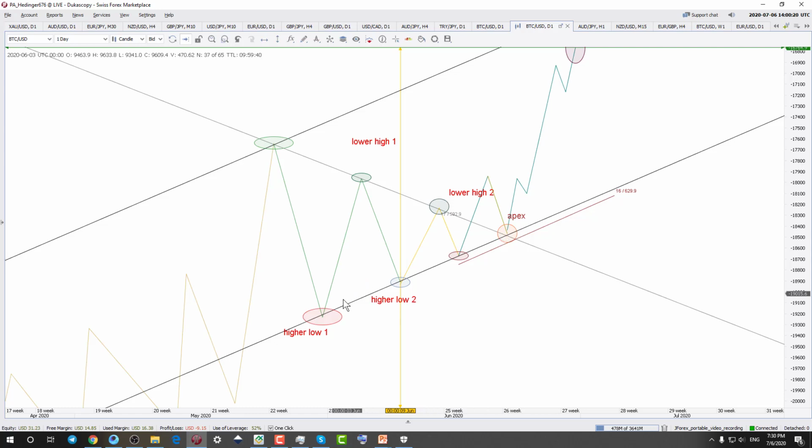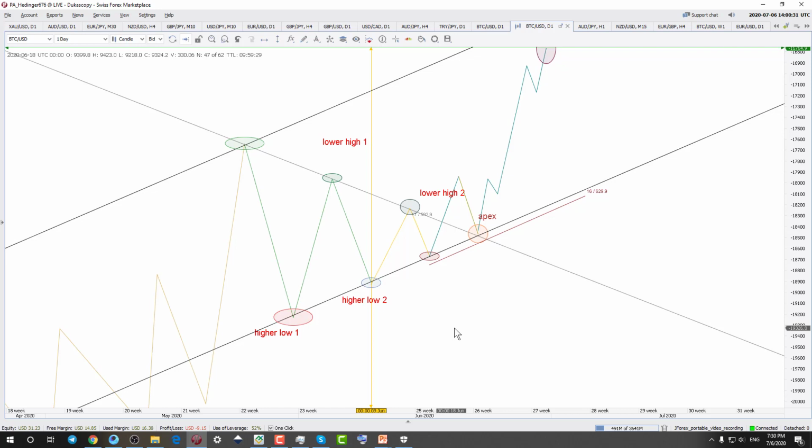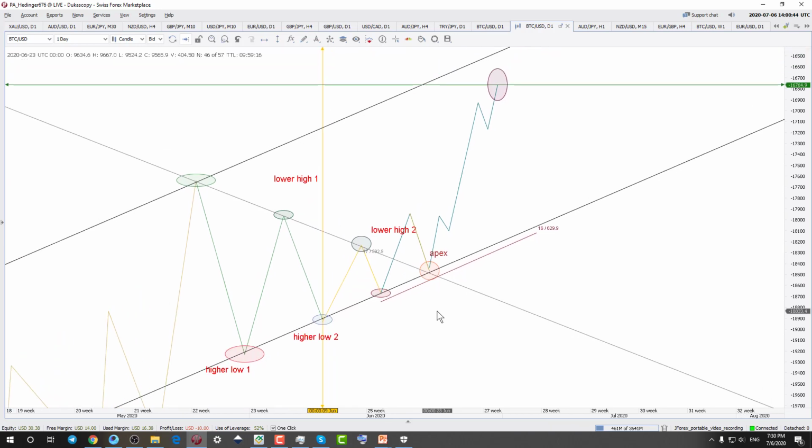Apex is the place where the two lines of the triangle contract and finally meet. We explained in theory that the price tends to break in one direction and tends to retest that level again at the break or at the apex, so that an opportunity for a buy or sell is given. Now we have to buy at this level, keeping the stop loss below this line always, because it will keep rising as a support line, and we can also trail the stop loss.